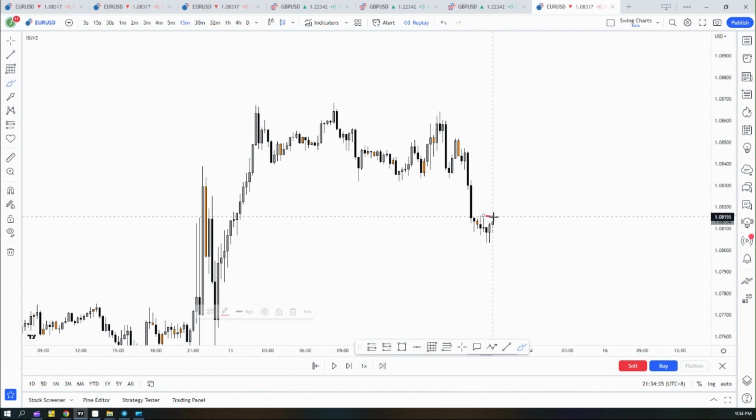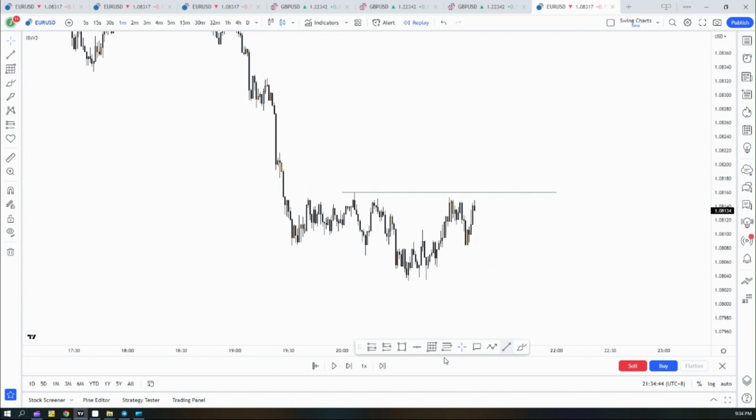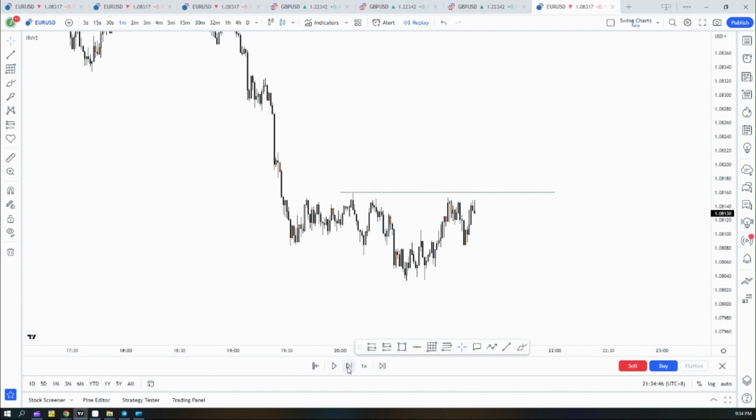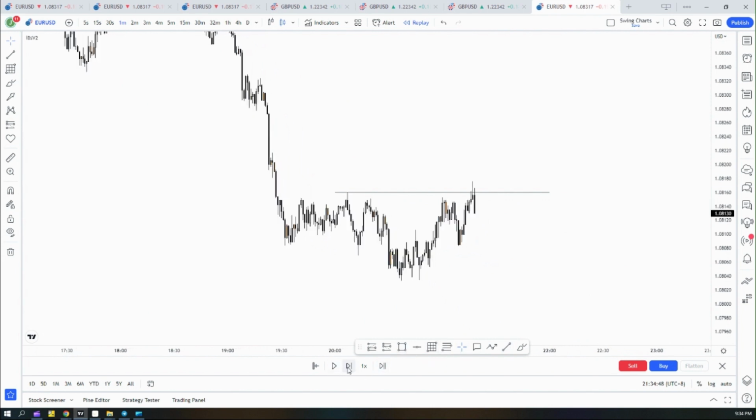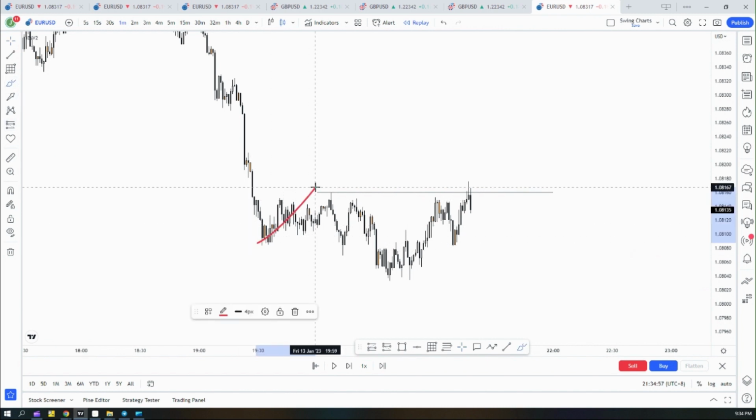So what are we looking for? We're looking for this high here to go, right? So we can go down to our lower time frame and we can see what happens here. So we get that shift in 15M, and what am I looking for here? So let's see what we do. Okay, so